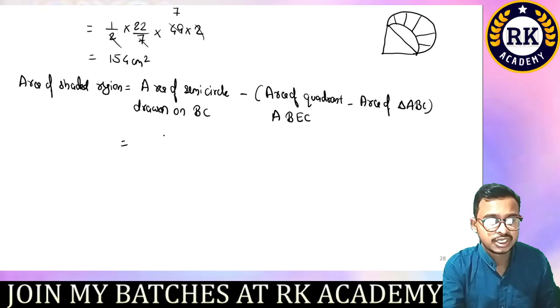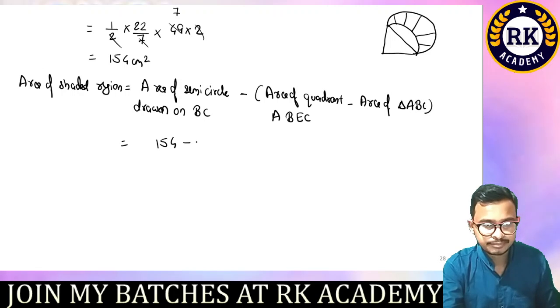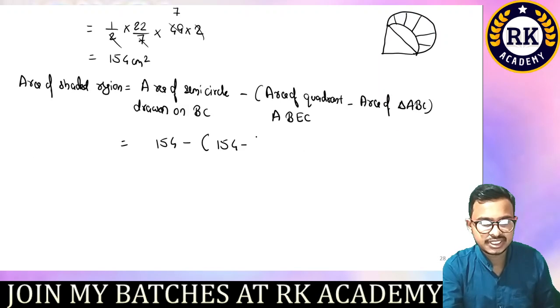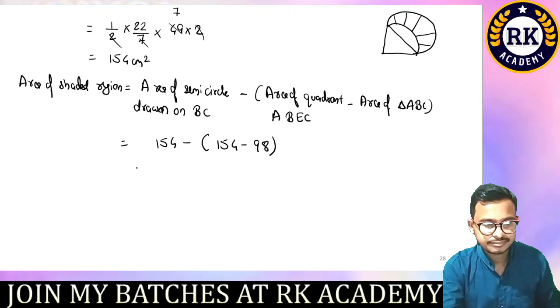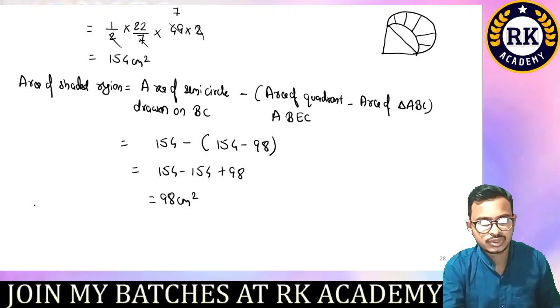सो जस्ट सब्सटीट्यूट, ये कितना है 154, minus area of quadrant ABEC, वो क्वाड्रेंट का वैल्यू भी 154 है, minus area of triangle ABC, it is 98. सो फाइनली 154 minus 154 plus 98, so answer will be 98 centimeter square, that is area of shaded region।